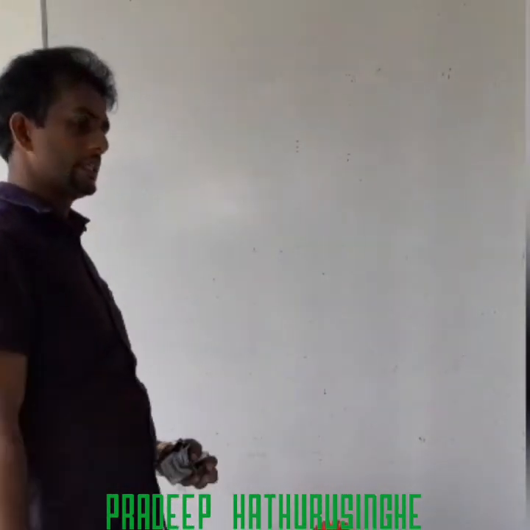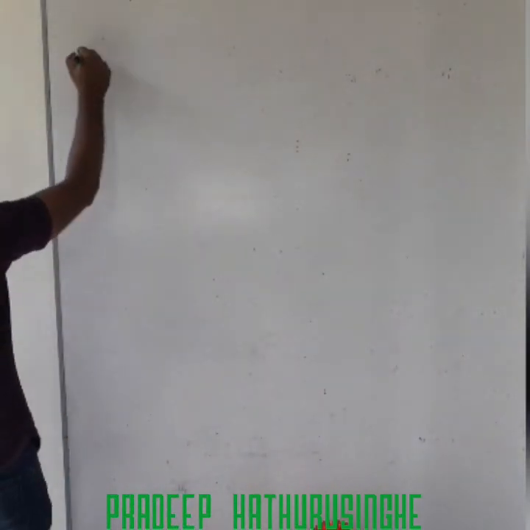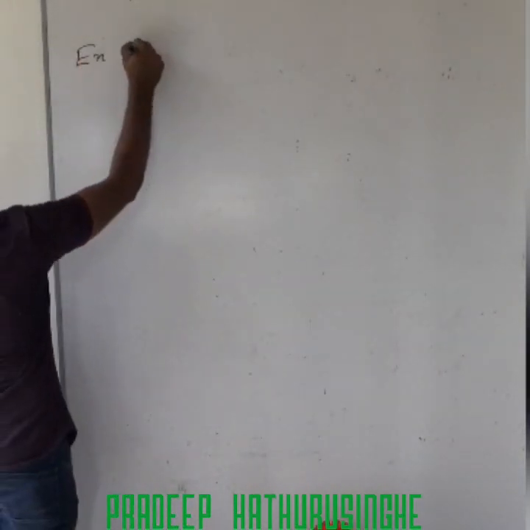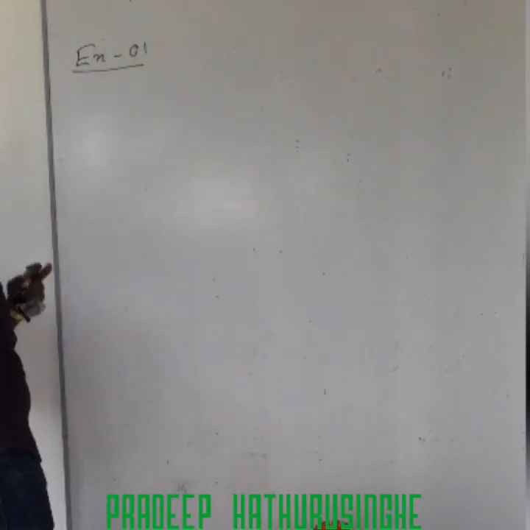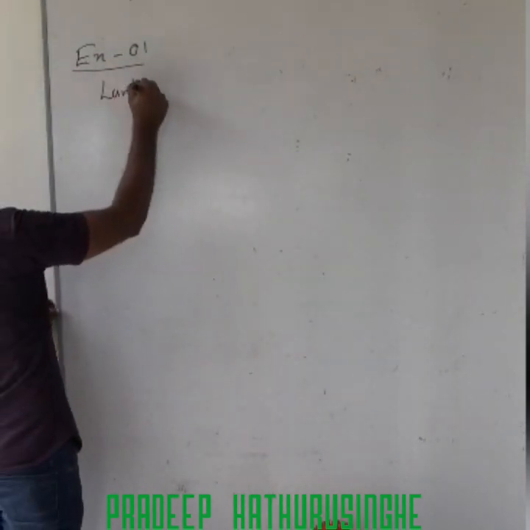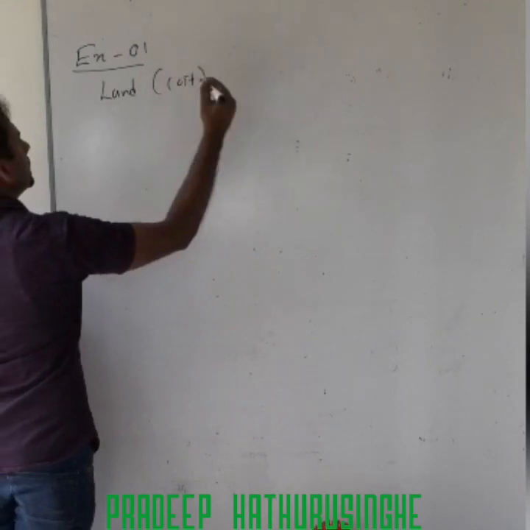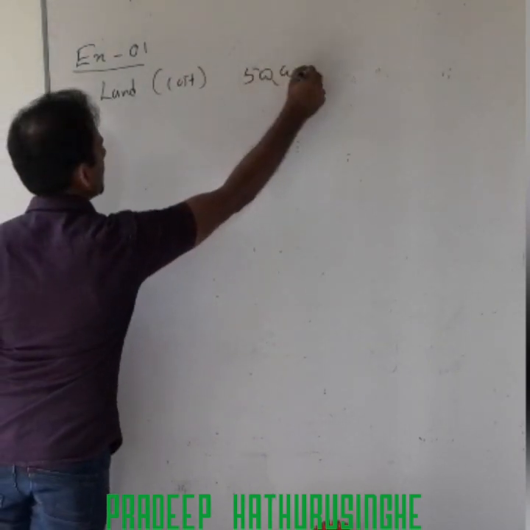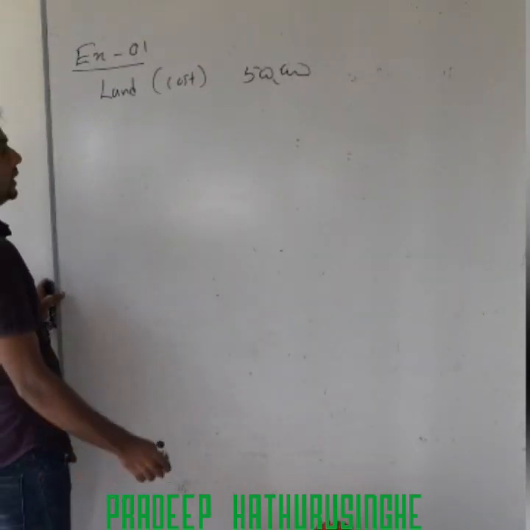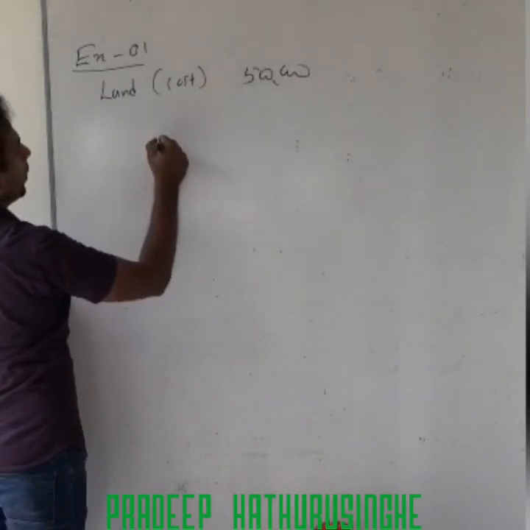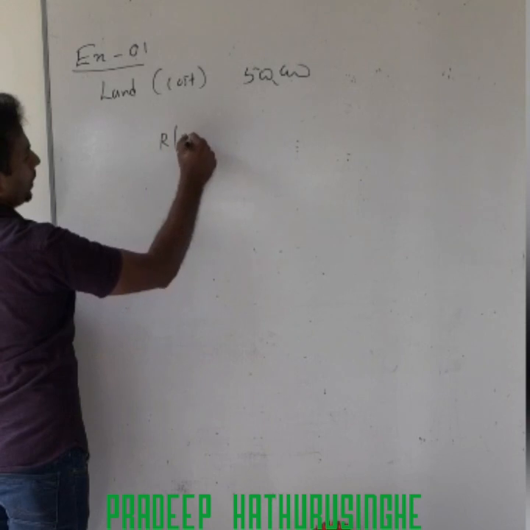Revaluation. We discussed two parts, but we didn't discuss how to make adjustments when assets are revalued again and again. Right, we'll take another example today. This is a land, $500,000. This is going to be revalued for a revaluation amount